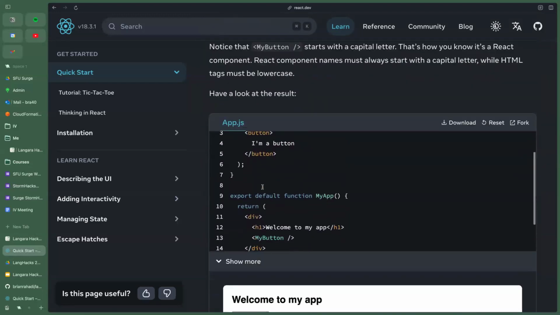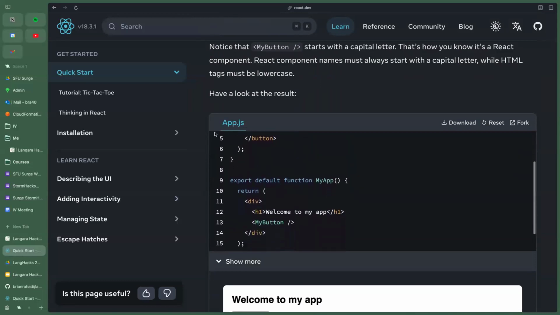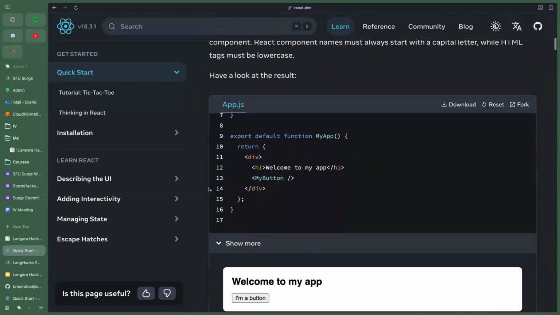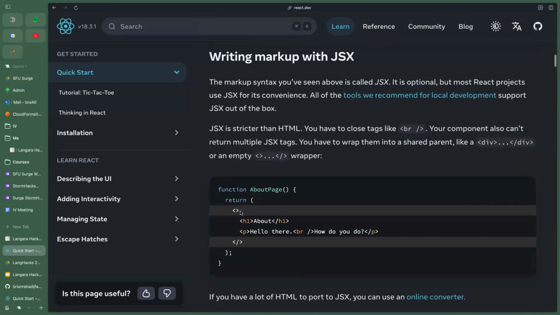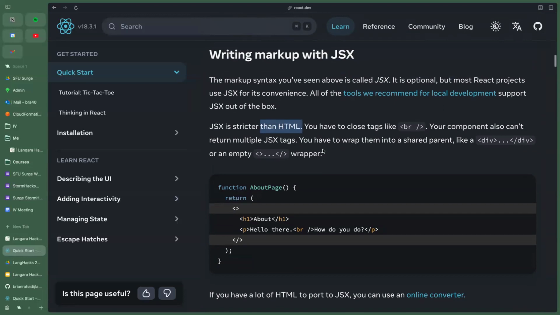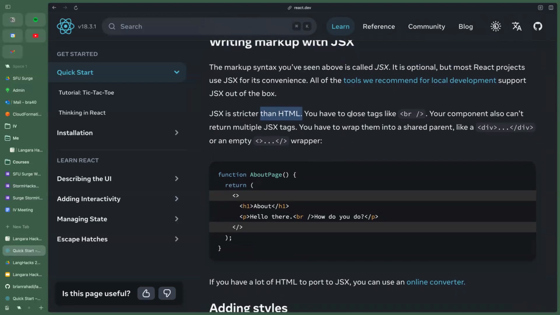So this is the demo: function my button, the export default function my app, and it'll just be a quick HTML show. And then there's also writing markup with JSX, JavaScript. JSX is stricter than HTML. In HTML, as I mentioned in my workshop yesterday, tags can be opening and closing. But if an element is